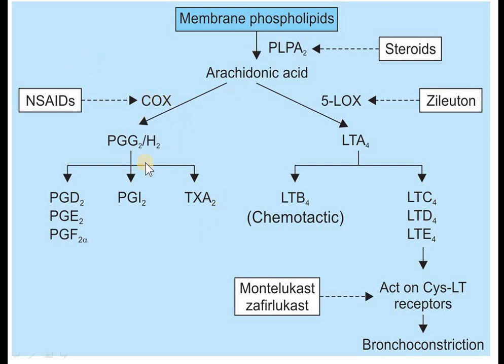If a drug inhibits COX, what will it do? It will relieve pain, relieve inflammation, reduce your temperature and not allow platelet aggregation. Now if a drug inhibits the lipoxygenase enzyme, it will prevent the formation of leukotrienes and lastly prevent bronchoconstriction. So the drugs which inhibit this pathway will be useful in the treatment of asthma. Those drugs which inhibit the other pathway will be useful as analgesic and